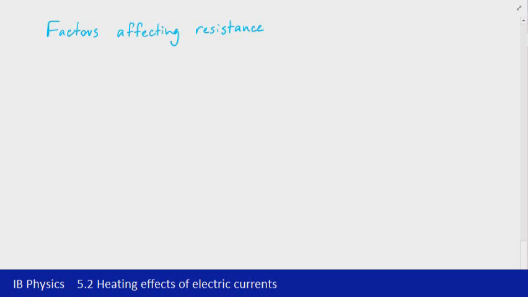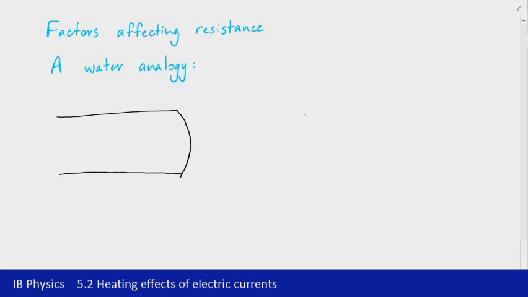We've introduced the concept of resistance and how it restricts the flow of current. We're now going to have a look at the factors that affect resistance, and to do that we're going to start off first of all by looking at a water analogy. The reason why we're doing this is that it's a little bit easier to make sense of what would happen with flowing water than it is with moving charges. So we'll start with that context and then we'll move across into the concept of a resistor once we've dealt